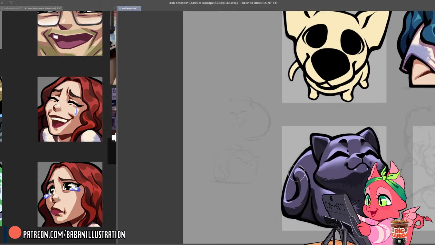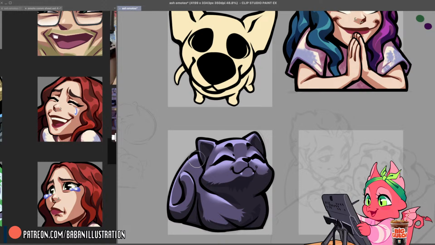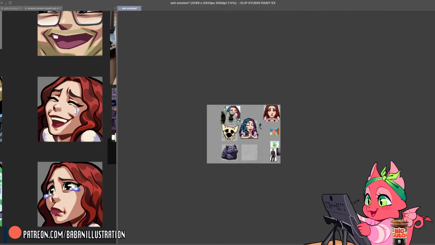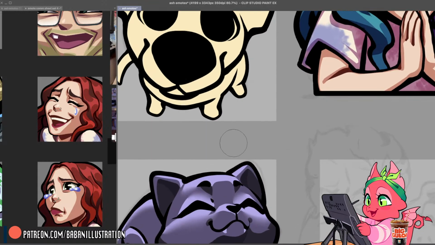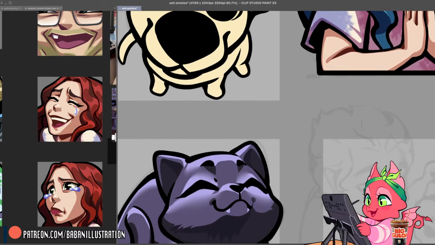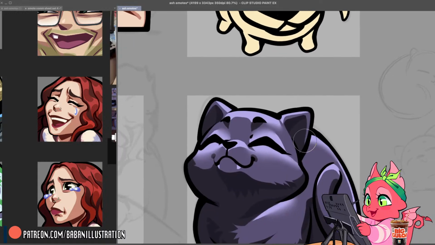Right, it might even out if I pull it around like that, so it's very obviously the shine on the fur. That might do it. It's really difficult shading the darker colors on emotes because you want to make it dark, but you need the pop of contrast. So you got to be real careful about the highlights and not overdoing them.